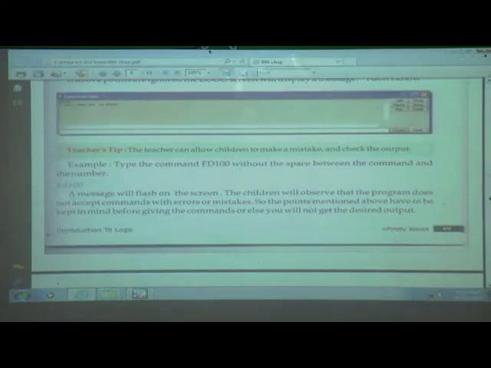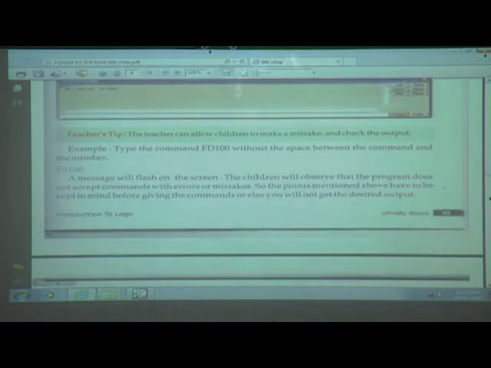A message will flash on the screen where we can see this output. You cannot see this on the graphics window. You can see this output in the recall list box only. The children will observe the program does not accept commands with errors or mistakes.